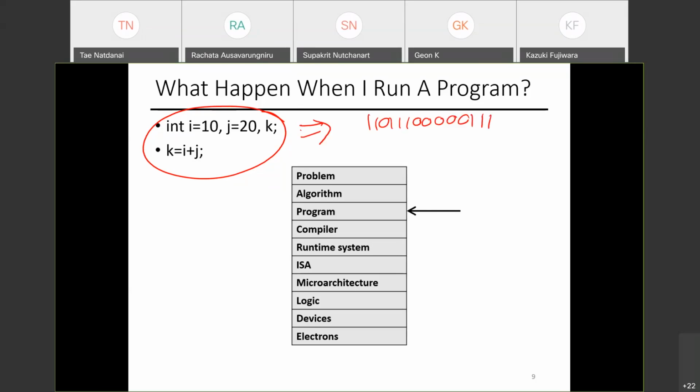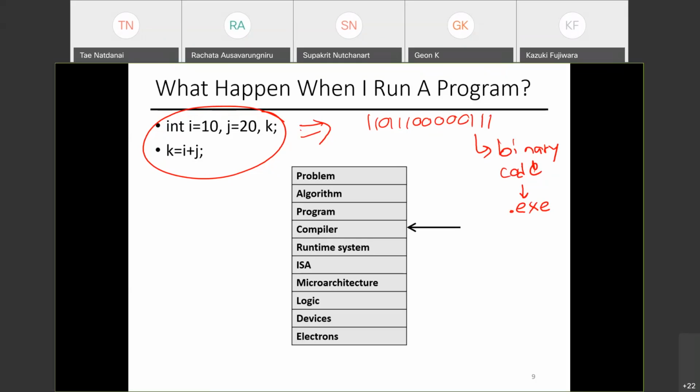The process of converting your program to ones and zeros is done through the compiler. The program is fed to the compiler, which spits out ones and zeros. This is basically your binary code. This is like all those .exe files that you see on Windows. If you run a game, you would double click on that .exe, right? And hopefully that's not a virus, but basically then the program runs.